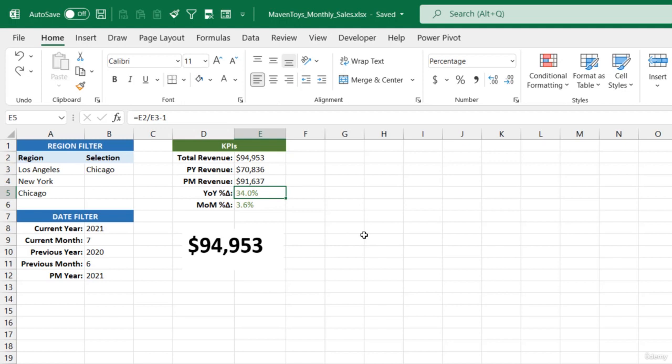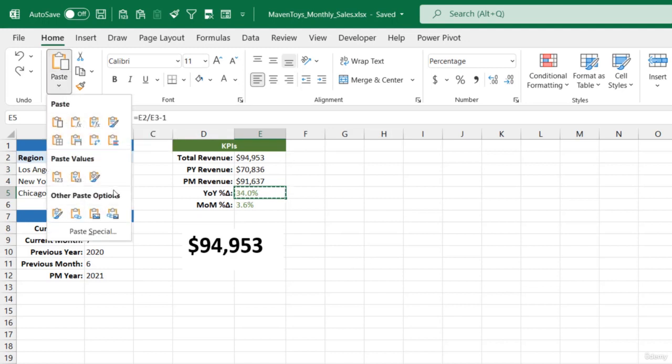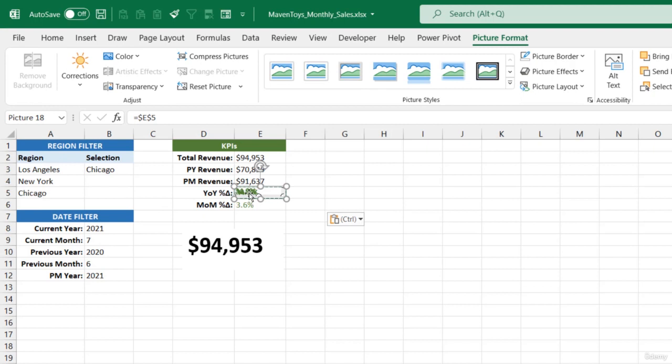So we'll select the cell, and we're going to copy the cell, and instead of just pasting it normally, here in the paste menu, I'm going to click on the drop down arrow, and in the other paste options, you'll see that we have this linked picture option. So I'm going to click on that, and what this creates is a picture that is dynamically tied to this